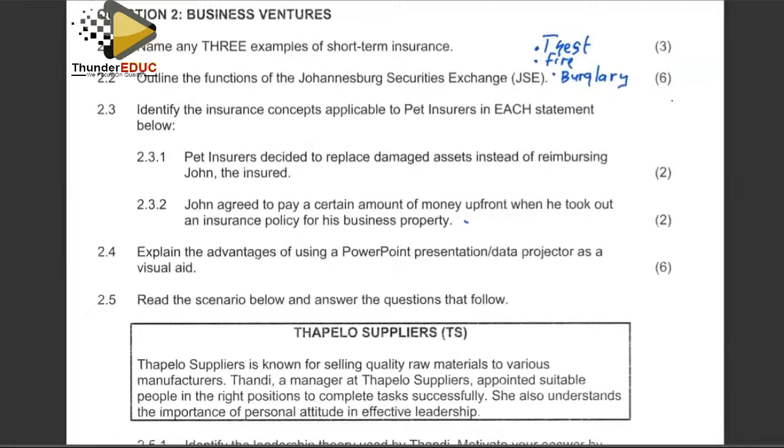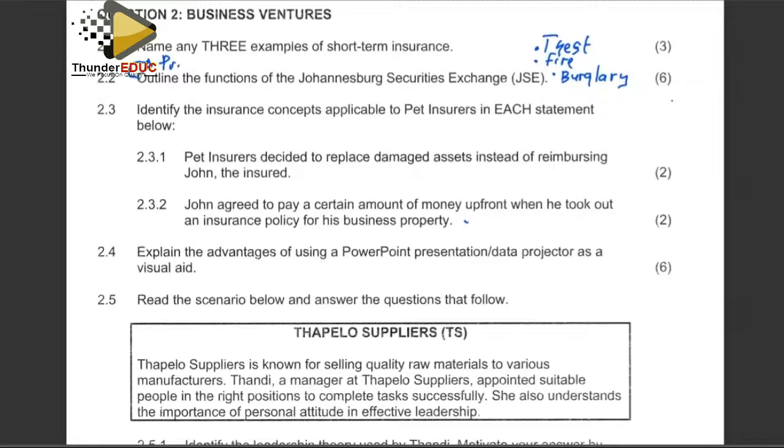2.2. Outline the functions of the Johannesburg Security Exchange. So now one of the functions of this Johannesburg Security Exchange is to provide protection for investors, and another one raises primary capital, and the last one encourages short-term investment. So now we're saying that one of the examples that we have, we're saying that